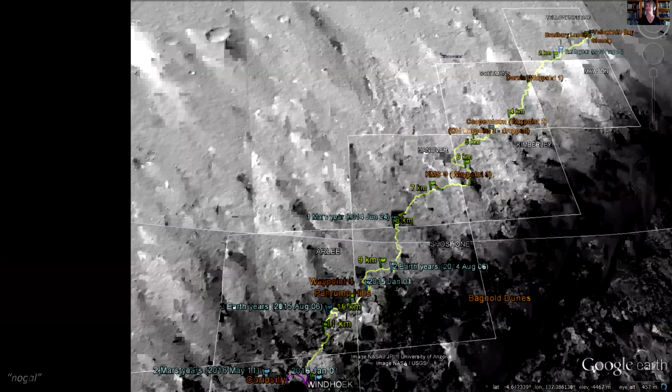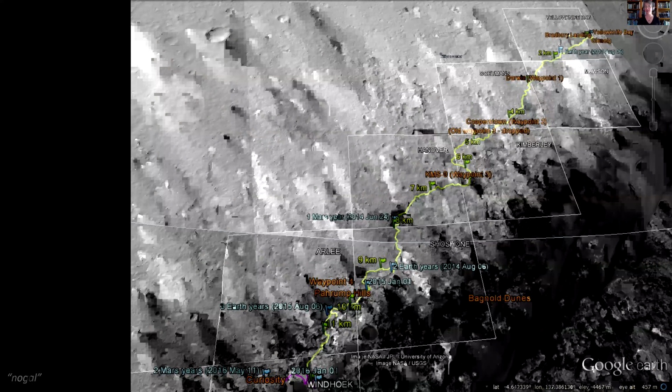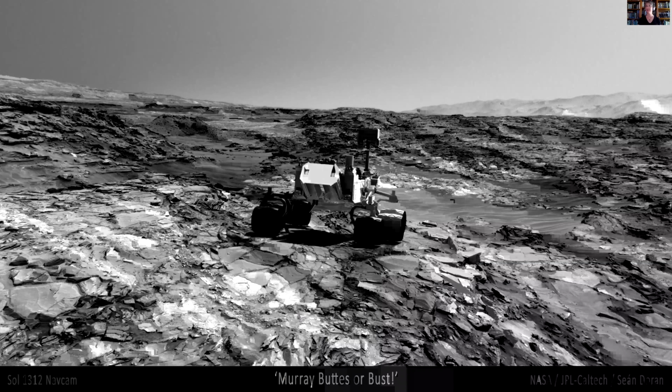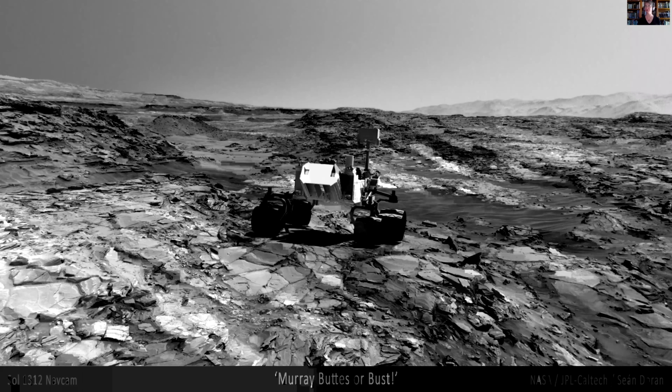Other things that the community does is they make their own maps of the traverses. They have fun doing something that the mission often cannot do, which is to drop simulated versions of spacecraft onto actual images from Mars. And so you'll see that they'll create a lot of images like this that really help you understand the scale of the landscape. You put a model of the rover in there and you understand the scale. But you know what makes it easier to understand the scale is if you put a human in there.